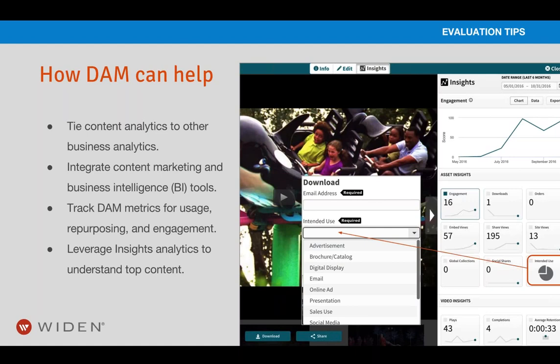using for that. You definitely want to tie content analytics into other business analytics, and that's not always by integration, but think about that as a process, and be sure that you're tracking meaning in content analytics to the things that move the needle for your business. You may look to integrate your content marketing and business intelligence tools so that you have that unified set of analytics. You definitely want to track the DAM metrics for usage,